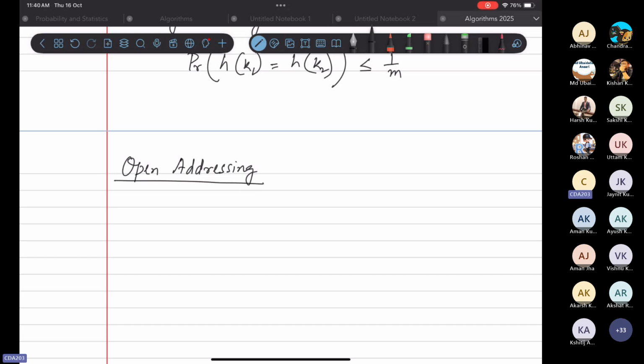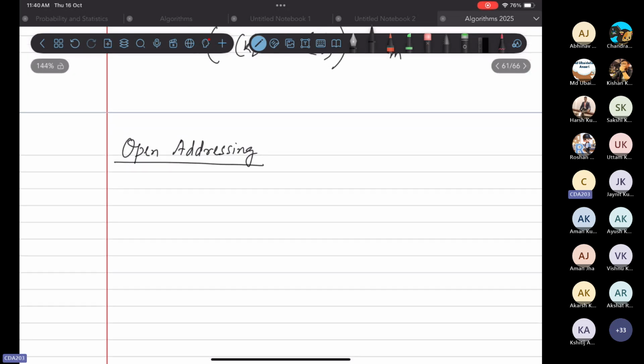Right? So here's the situation. This time, open addressing means that we are going to store... So earlier, in chaining, what happened in the hash table was that we had only pointers to linked lists, and the elements or keys were actually stored in the linked list. But this time we'd like to store all the elements